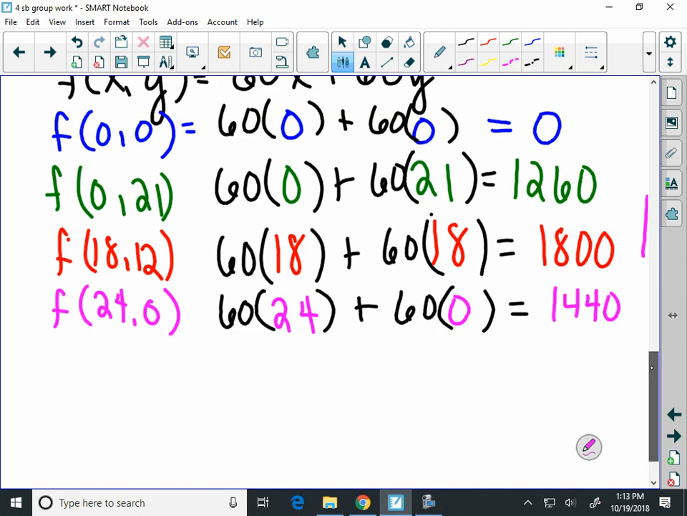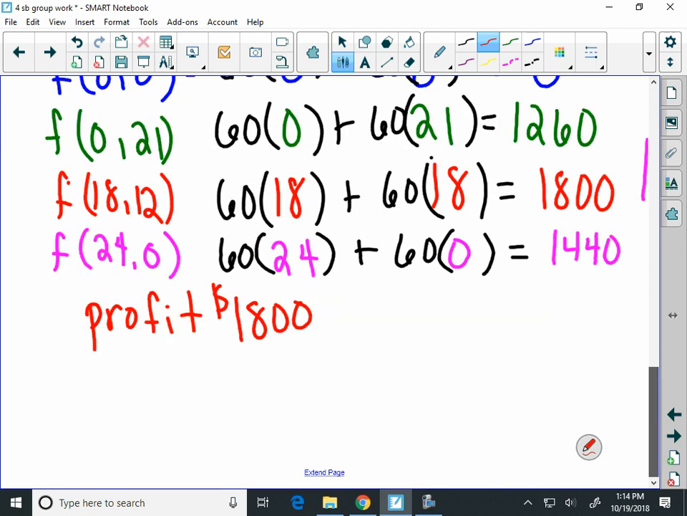And now we have all the information that we need to finish this, because what we want to know is our profit. Our profit is going to come from 0, 1260, 1800, or 1440. It's the biggest number, which means that our profit is going to be $1,800 if we use 18 rectangular containers and we use 12 cylindrical